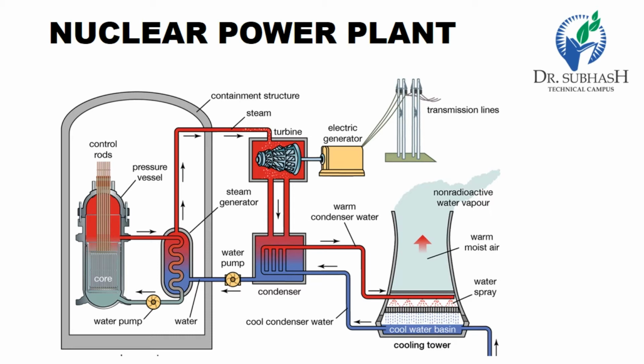Some of the disadvantages of a nuclear power station: the fuel used is expensive and difficult to recover. The capital cost of a nuclear plant is very high as compared to other types of plant. The erection and commissioning of the plant require greater technical know-how, and the fission by-products are generally radioactive and may cause a dangerous amount of radioactive pollution.